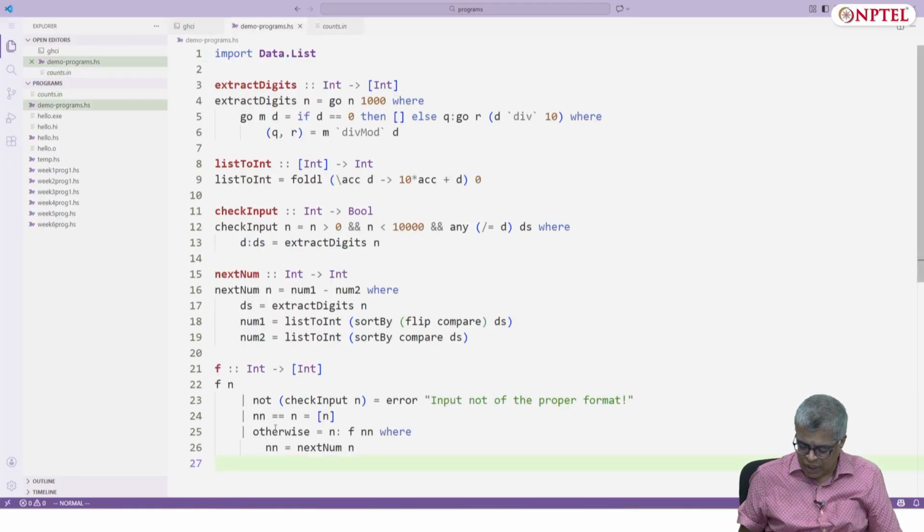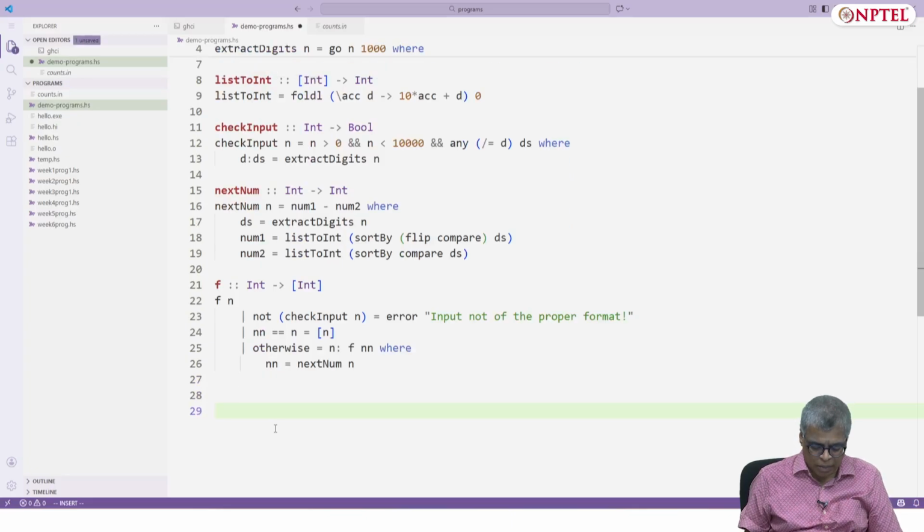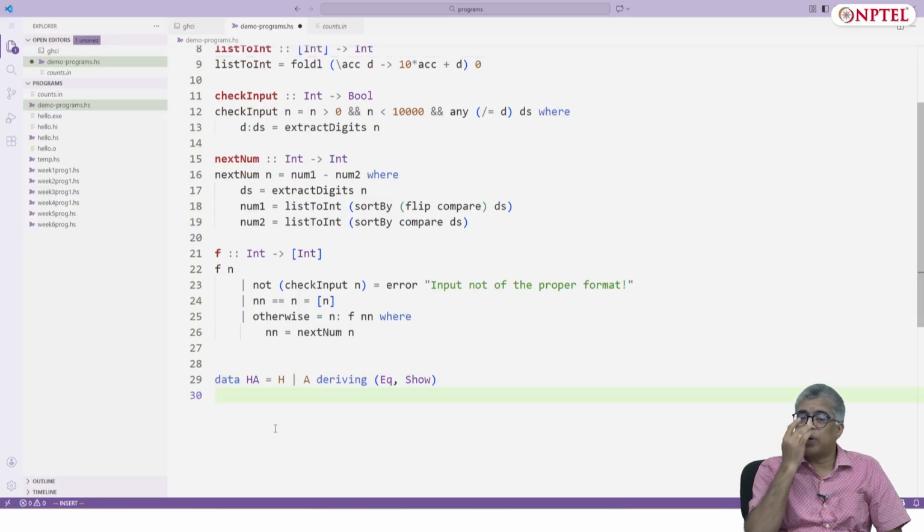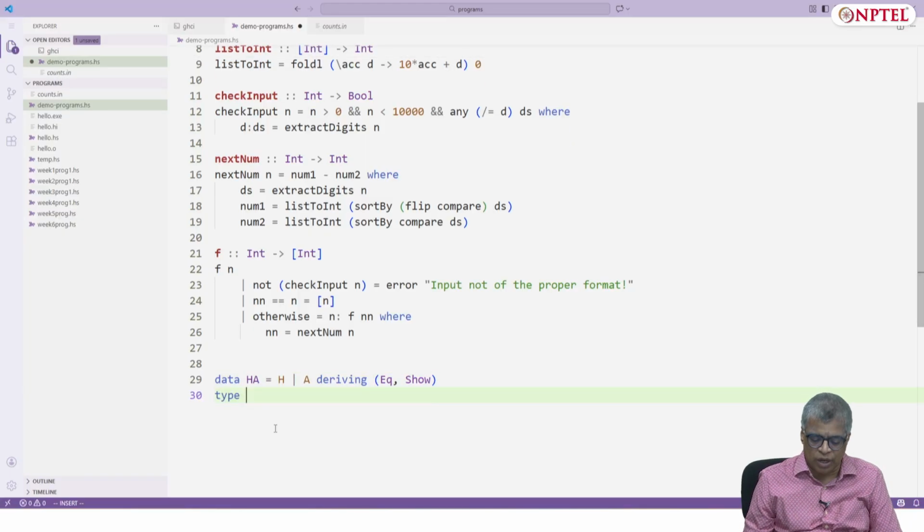So let's try to represent this problem once again as some data type. So at the very least, I've used some H and A there. HA equals either home or away, deriving Show, let's say Eq, Show. Why not? Okay, and you can use data structures or you can just use type synonyms.